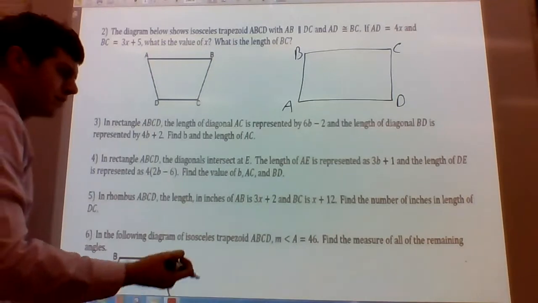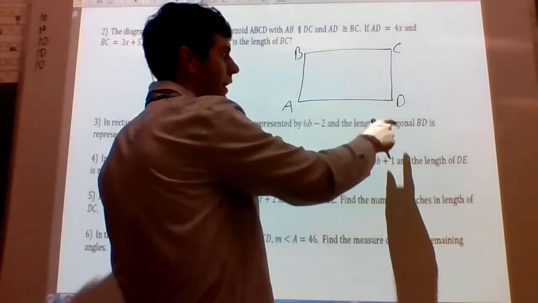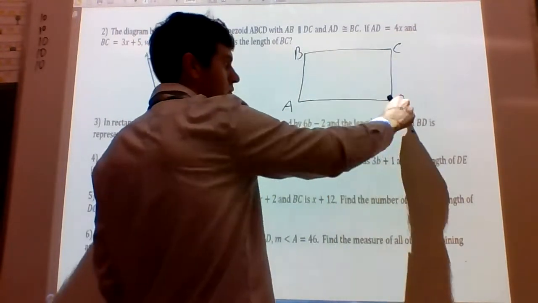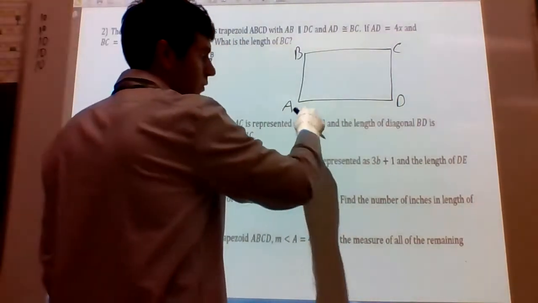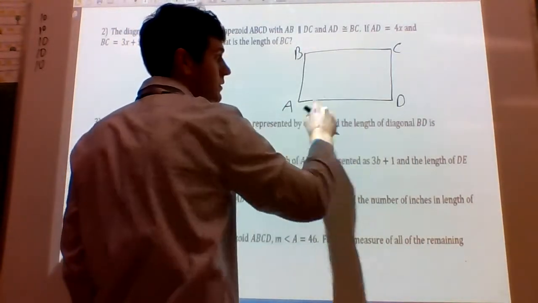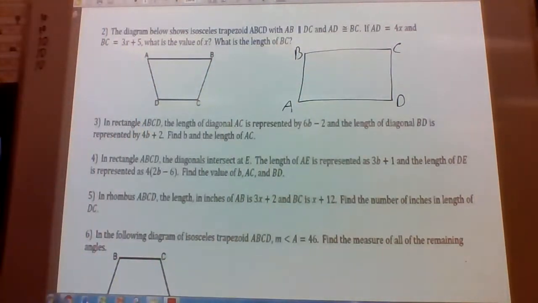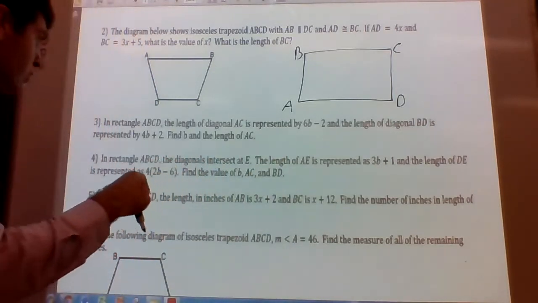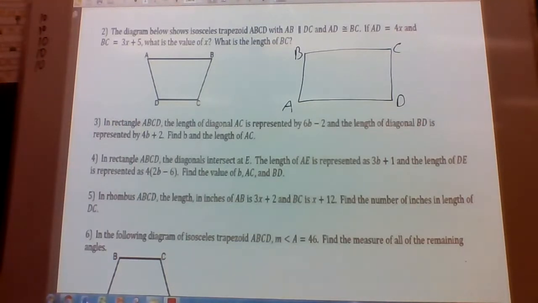And again, when we name the rectangle, we have to go clockwise or counterclockwise. We cannot go diagonally. We cannot name this A, B, C, D diagonally. We have to go in order, clockwise or counterclockwise. So if you want to do A, B, C, D, that'd be fine, however you want to do it, as long as you are going in order in terms of the letters and going clockwise or counterclockwise. Don't go